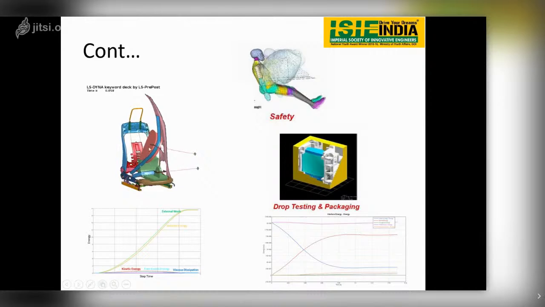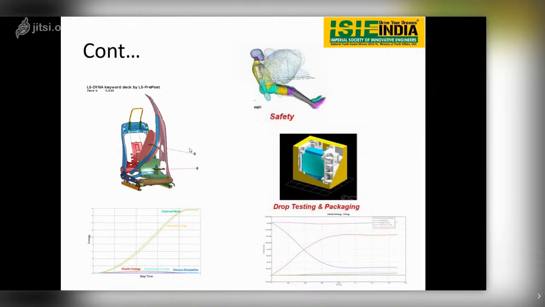For this, belt routing is done. The belt is routed from the buckle to the shoulder block, and from the shoulder block to the D ring. D ring means the place where slipping of the belt can occur. And to the lap block also we are doing the belt routing, and for this we are applying the load. The load is quasi-static in nature. For this seat belt anchorage analysis, the load applied is almost equal to